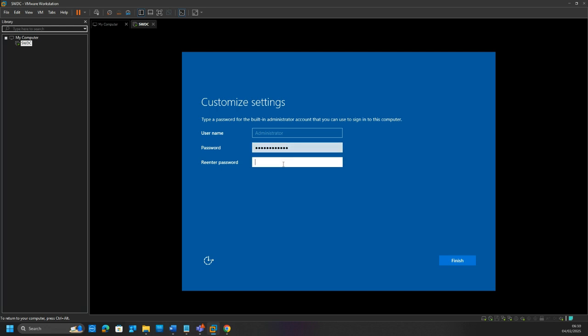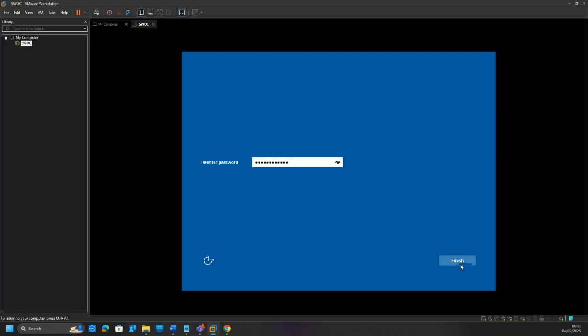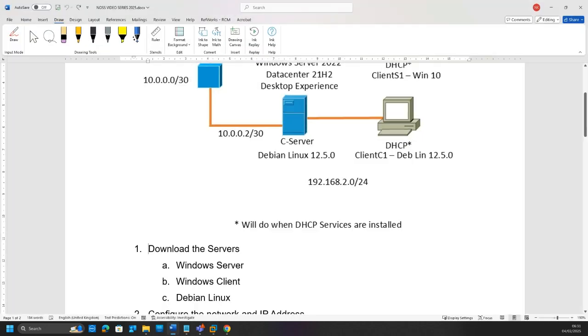All right. Once you give the password, make sure that you don't forget your password. Give a password which is a bit complex, but also one you won't forget. So let's finish the installation, and I think we will now go and see an installed version of our server, which means here we are